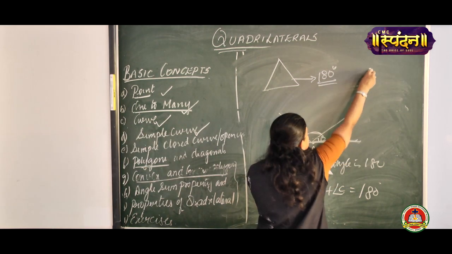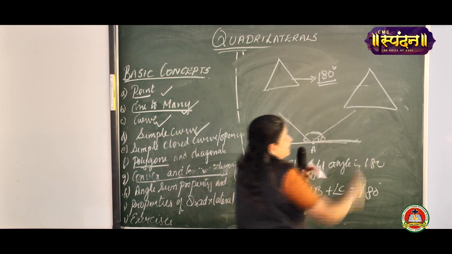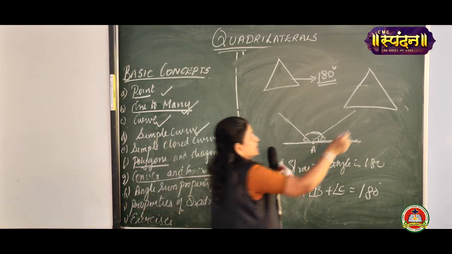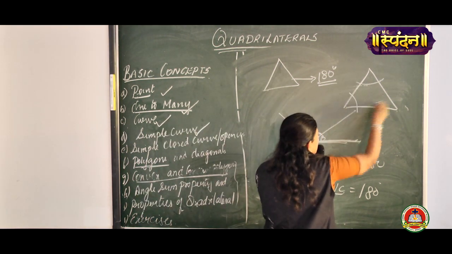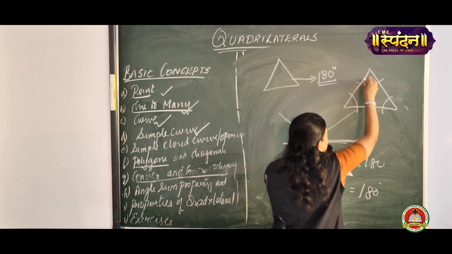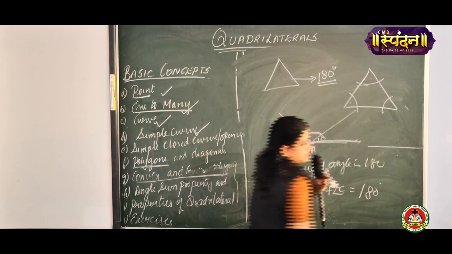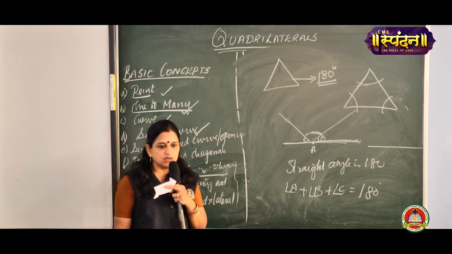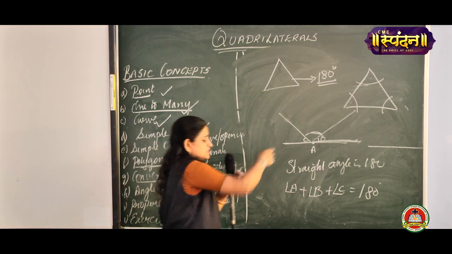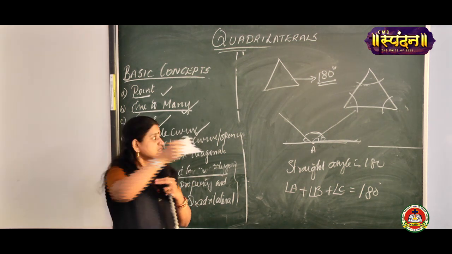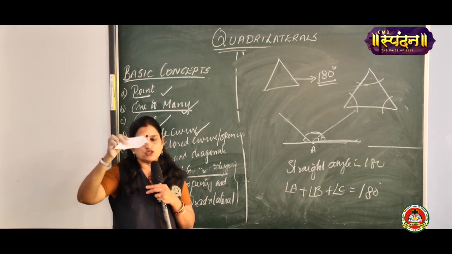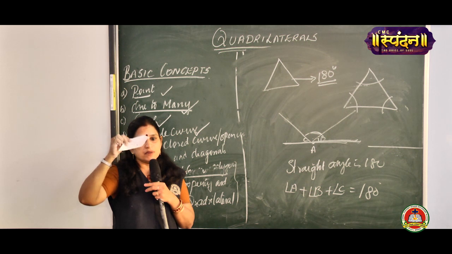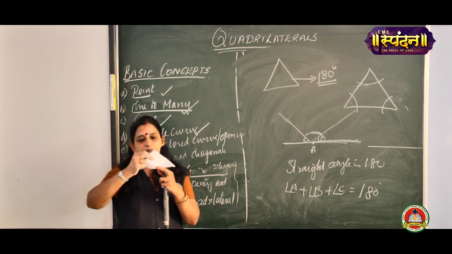You would have learned this method in 7th standard. You would be drawing a triangle, making three angles over here, cutting all these three angles and pasting them in a line. You have proved angle A plus B plus C is equal to 180 degrees. But this method is a very easy method to show that angle A plus angle B plus angle C is equal to 180 degrees. I will repeat this method.